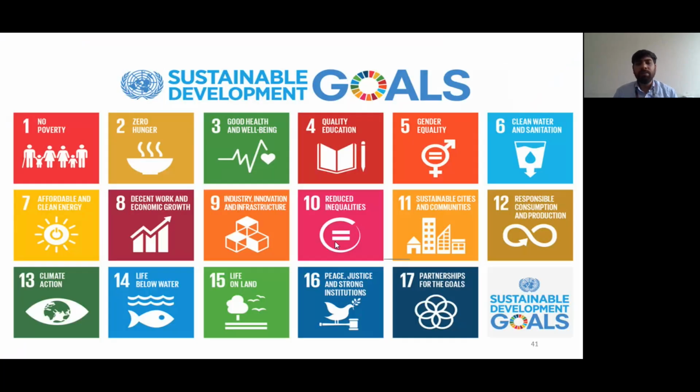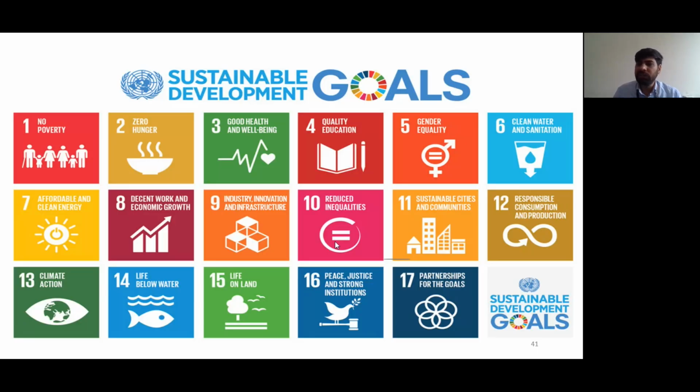So now I'm going to discuss the Sustainable Development Goals. There are a total of 17 development goals that were decided by the United Nations in 2015 and 2016, and they focus on different areas. Like the first goal is on no poverty, zero hunger. So for us as designers or engineers, we have to focus on